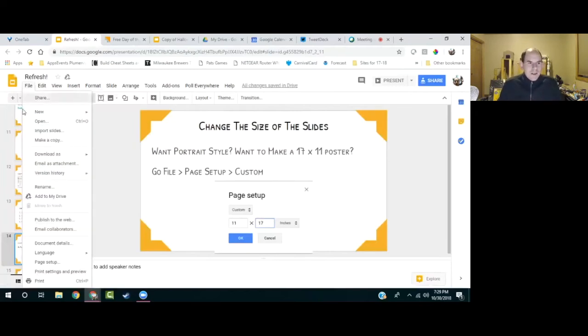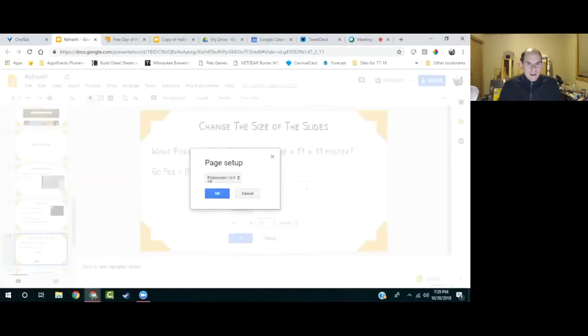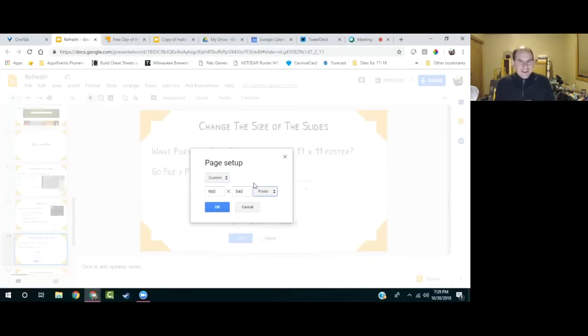One other thing that's really useful is if you go into pixels, and I use this more with Google Drawing, but basically Google Slides is Google Drawing, except you can have multiple Google Drawings that make a slideshow. You can use pixels. One thing that I get asked about a lot is banners for Google Classroom. And one thing I make a lot are custom banners for Google Forms. They need to be 800 by 200 pixels. And you can do that and make custom ones right here